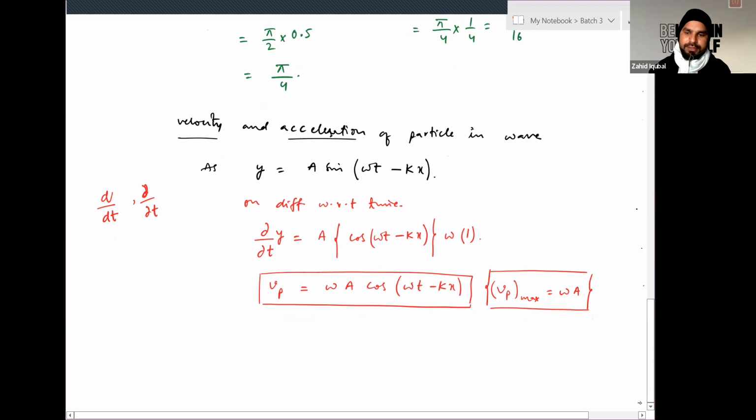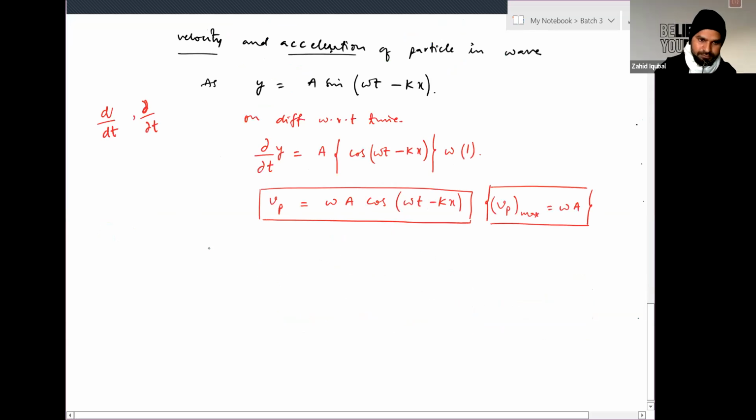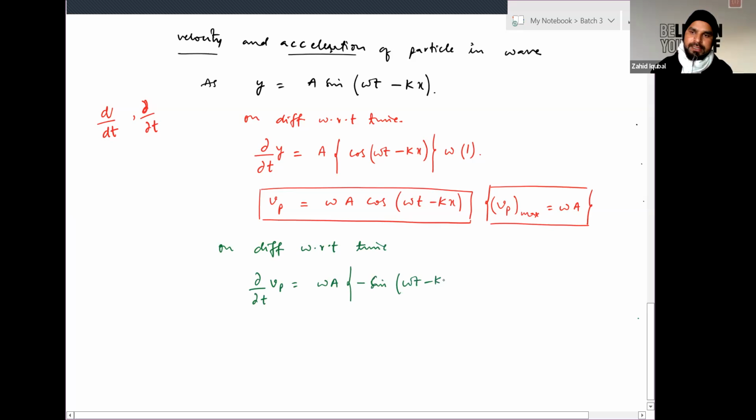Next, to find acceleration, on differentiating further with respect to time for this velocity, it equals omega A, being constant, keep it outside. Differentiation of cos will be minus of sine (omega t minus kx), and the coefficient of t in this part is omega, and differentiation of t will be just 1. So this will define your particle acceleration,